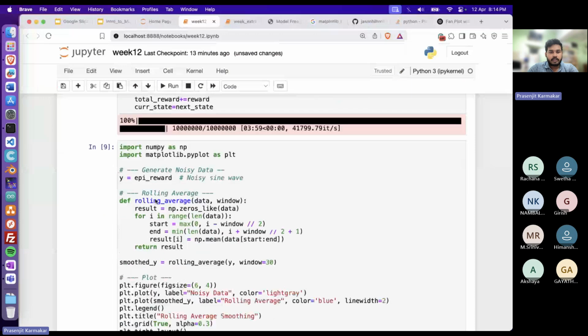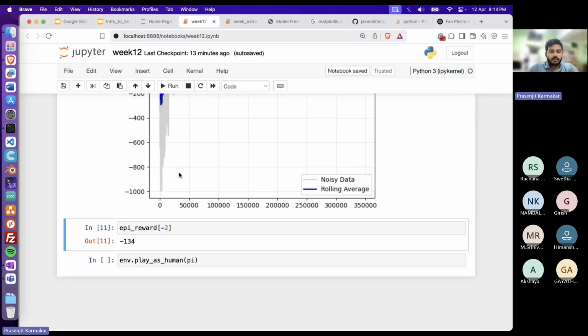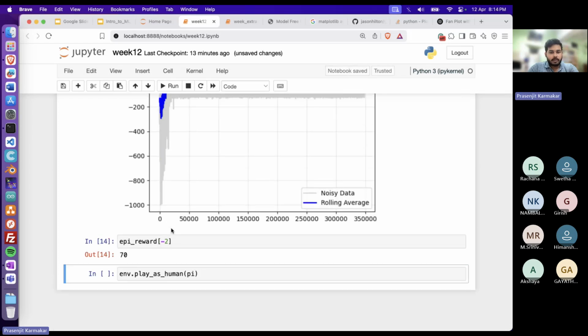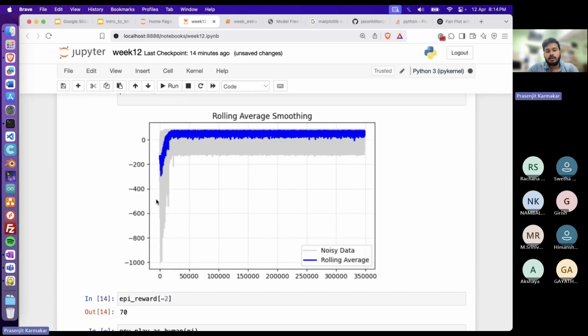Okay, it's done. Let's print the performance. Okay, it converges. Fine. That is the maximum. If I see the policy, it's now like this. So Q function, sorry, Q learning also converges with